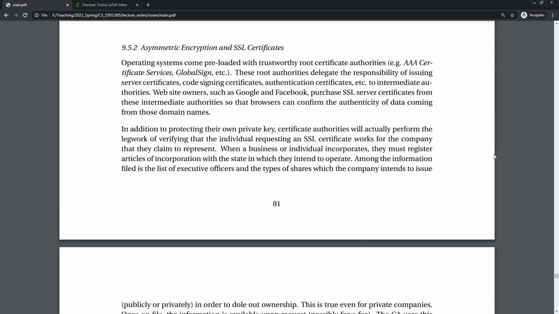But whether or not an individual is trustworthy, whether there is any record of them that can be tracked down, if they claim to be a certain website, how do you know that they didn't just generate their key themselves, and that they don't have some fake ID, essentially, that they've actually been vetted by some individual? And so if you go on Windows